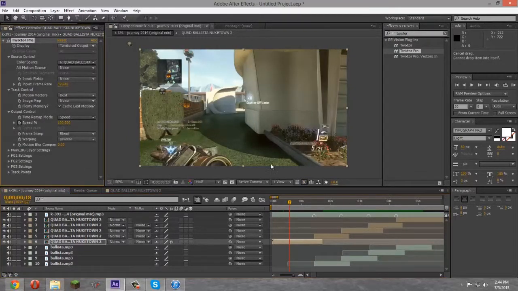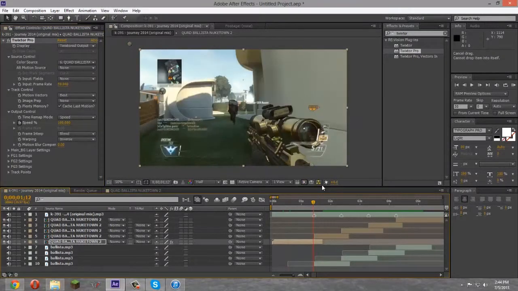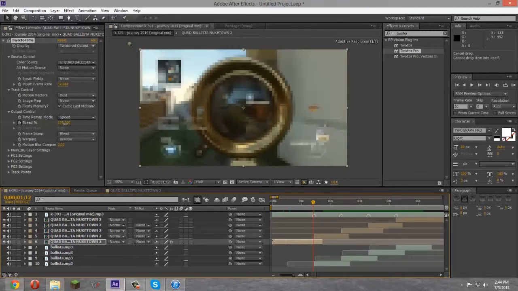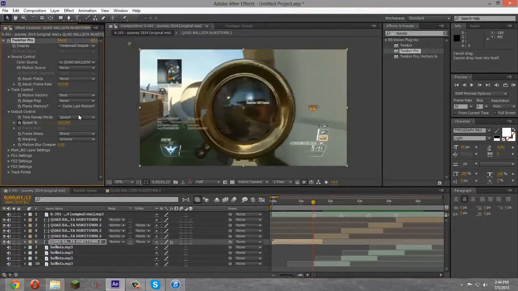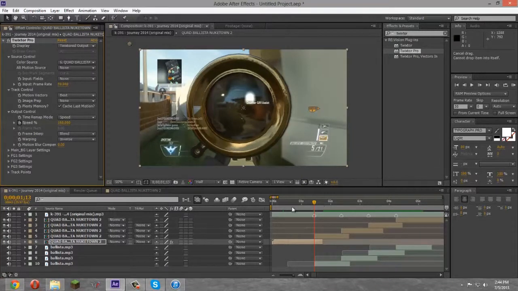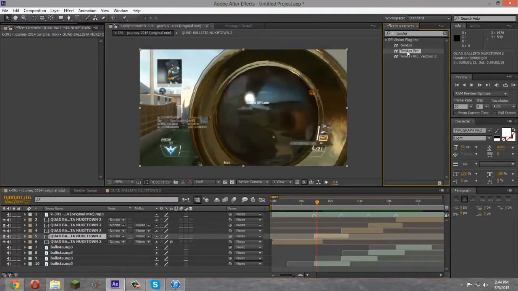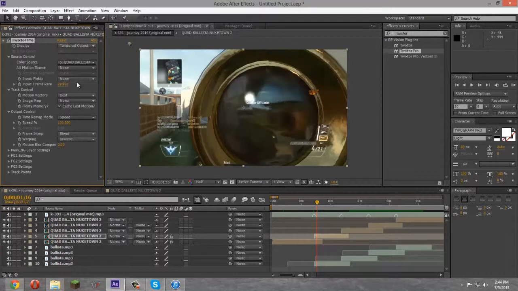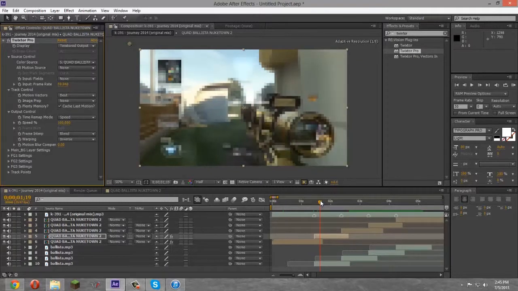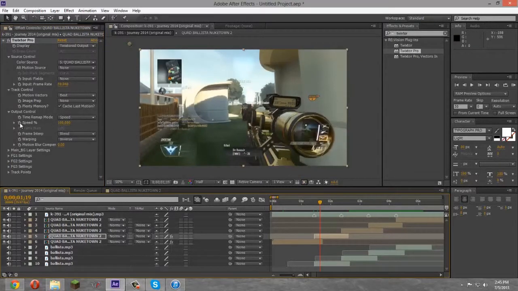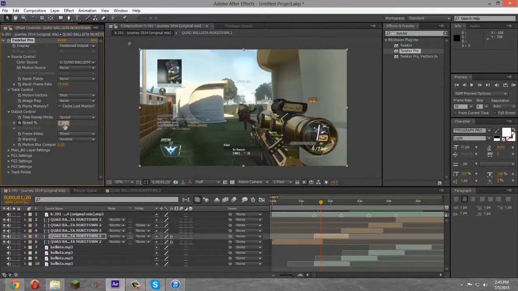Just click the stopwatch and then drag to a frame before the shot and drag the speed until it's right before he takes the shot. So right here is right before he takes the shot. Next frame he shoots. So you want to do that with every single one. So we just drag this on, change the frame rate. And what I'm going to do is when he scopes out, just slow it down a little bit, like right here. You click on the time thing for speed, keyframe, go next frame, change the speed to 5,